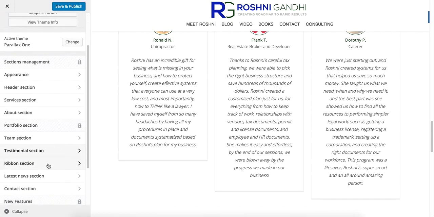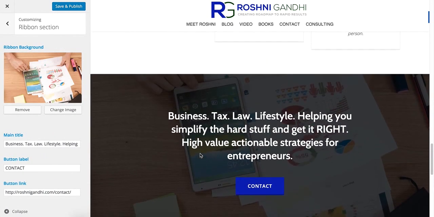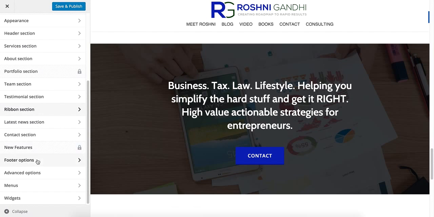Moving down to ribbon section. Ribbon section is basically a parallax effect in which you can add some text and information about yourself and a button. So you can add the label of the button and the link to that page where you want to go. So I added the contact button and contact link, and below that you have the